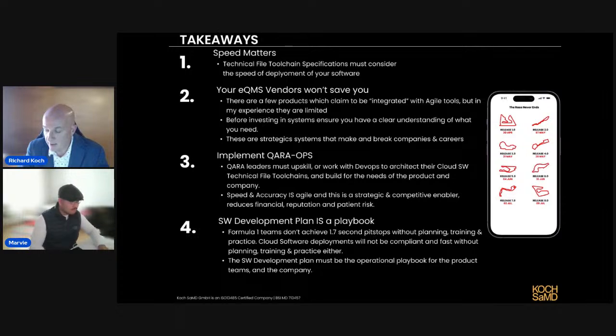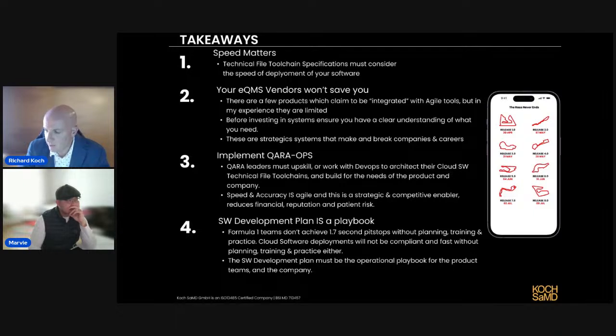And there's a question there strategically for companies, because traditionally IT departments manage the eQMS systems. If you're a cloud software development company and you do have an IT department, who is going to better serve your QARA? Is it your DevOps skill set or is it your IT skill set? And I can't answer that question for you. The answer depends, but I would probably lean towards more DevOps for the compilation of documents, whereas the actual management of these archiving systems or eQMS is probably more your IT departments.